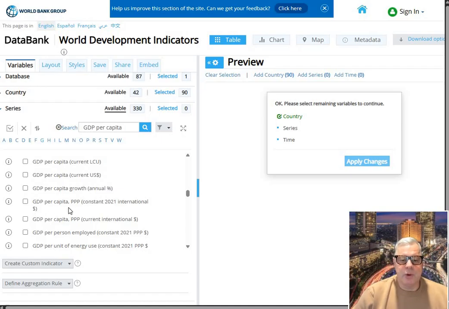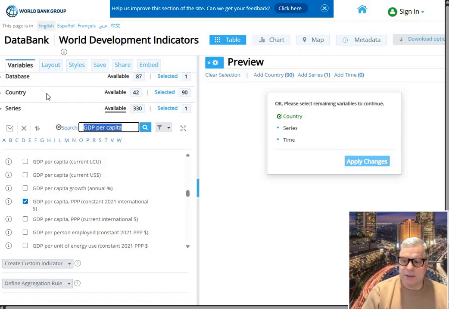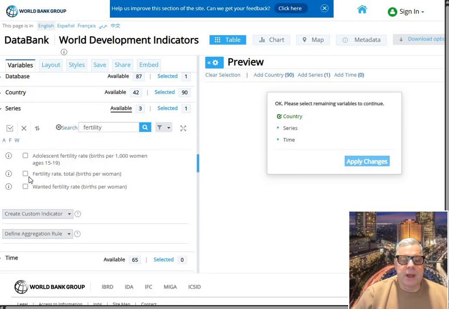The one that we want is GDP per capita in purchasing power parity in constant 2021 international dollars. So we select these, and you can see we have now made one selection. The second indicator that I want to download is the fertility rate. And the second one that you see here, the fertility rate, total births per woman. So I click on these,